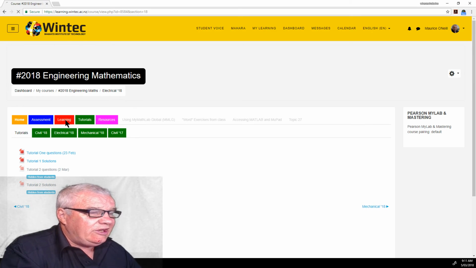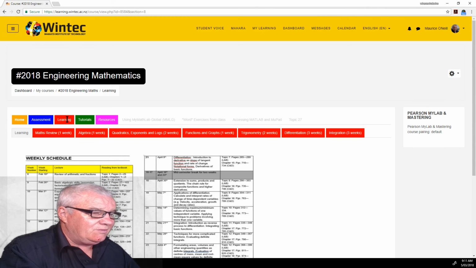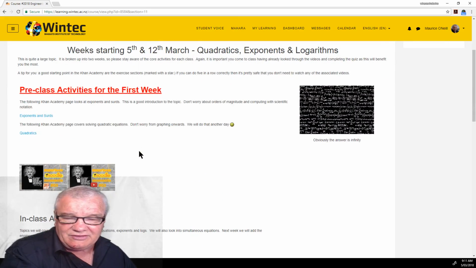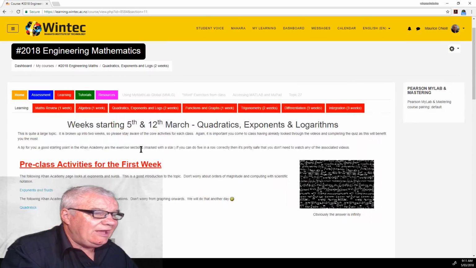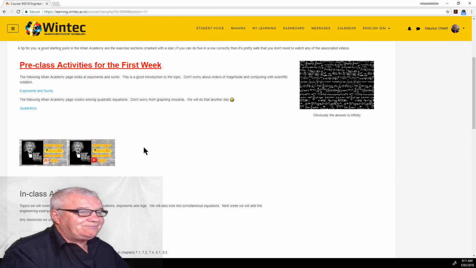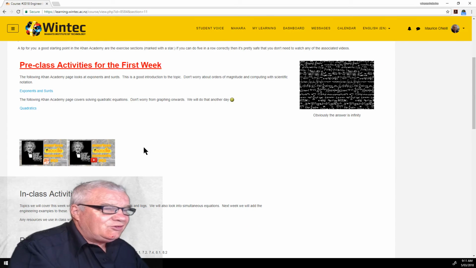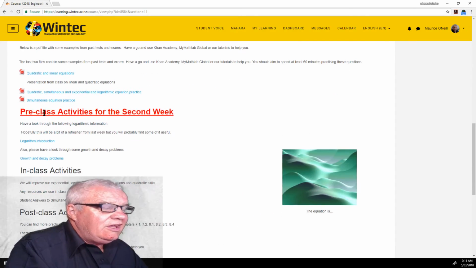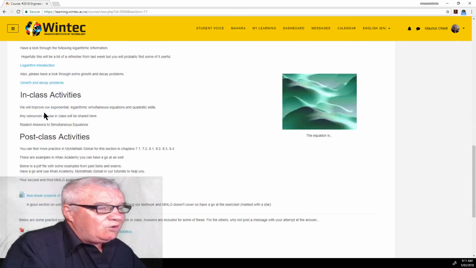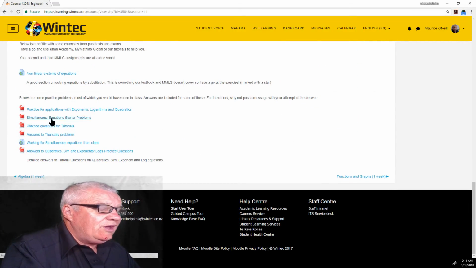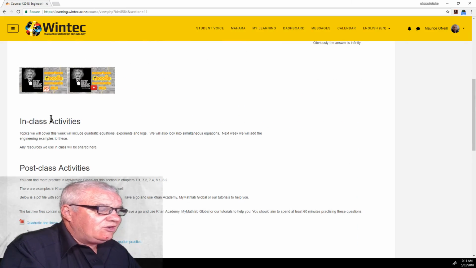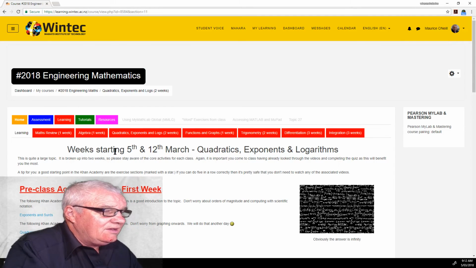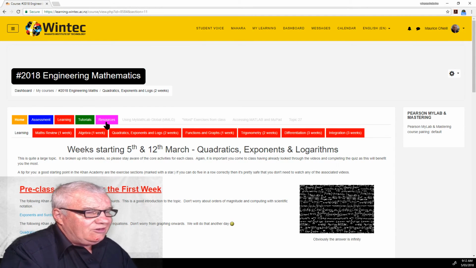In the learning area, as I said, we're up to week 3, so there's plenty of information there for you to have a look at. Lots of extra information. This week's theme is exponents and surds. And then the next week after that, logarithms. We'll be having a bit of a look at those as well. So that's this week and next week, all there under that heading. Our resources are unchanged at this point.